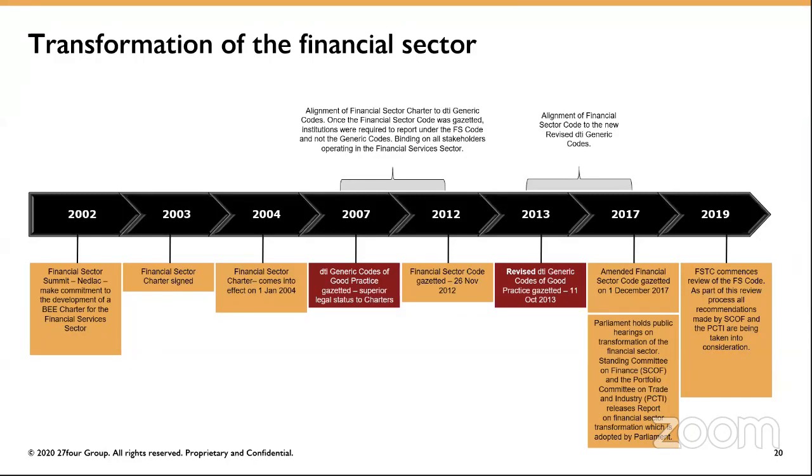And in fact, we're currently sitting in a space where the current code that was gazetted on the 1st of December 2017 is again under review, and we should see another iteration of that code come into play quite soon. The whole purpose of the financial sector code is largely to facilitate financial inclusion and transformation, to broaden the participation by all in the sector, dealing with ownership and control of financial institutions, dealing with the financing of Black businesses